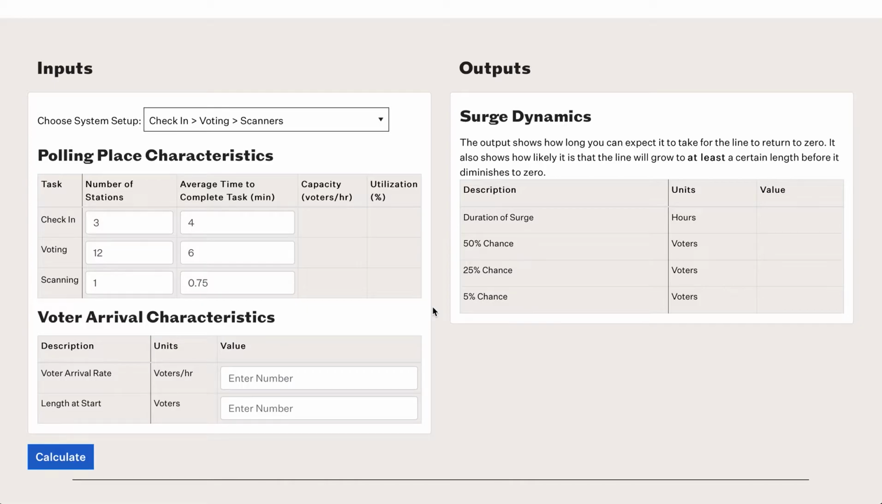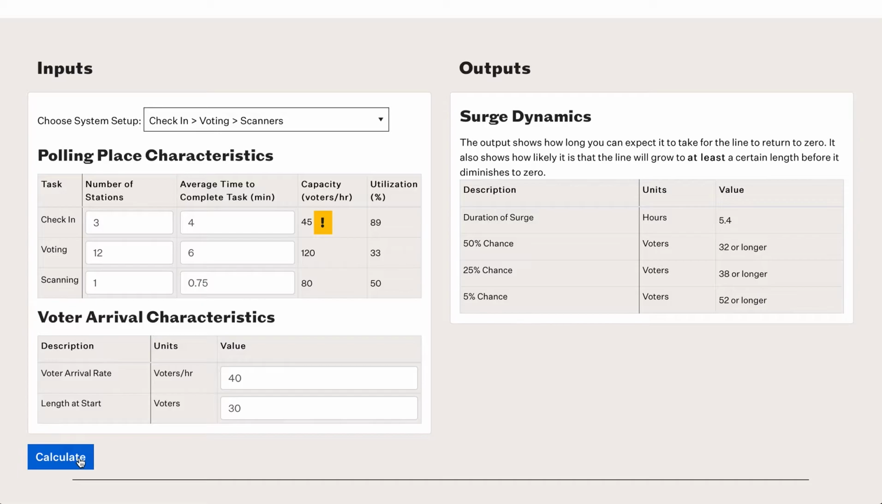For the arrival rate, let's assume an average voter arrival rate of 40 voters per hour during the day. It's most important to accurately model the few hours directly after the line is expected to build up. In this case, the first few hours of the day, and we'll be able to quantify what the first few hours means in a little bit when we look at the duration of the surge. To start, let's assume that there are 30 voters in line at the beginning of the day, and then click